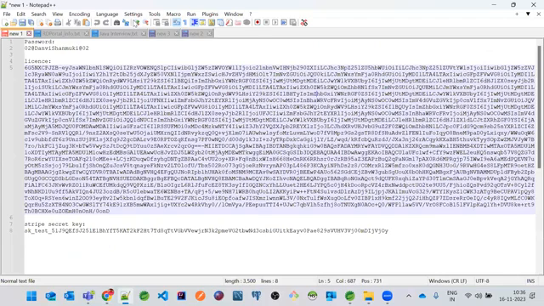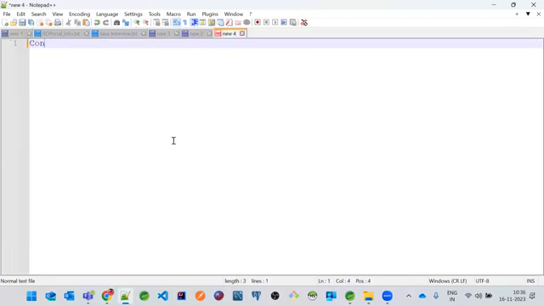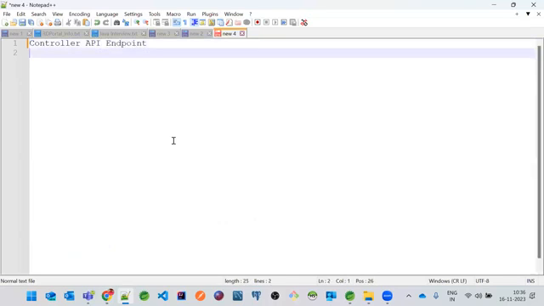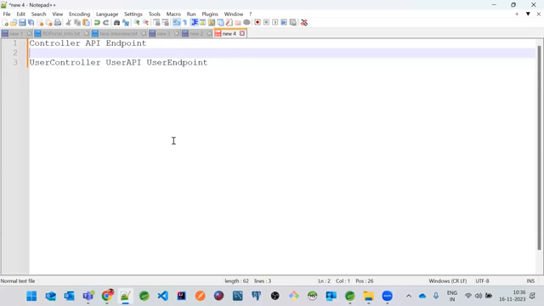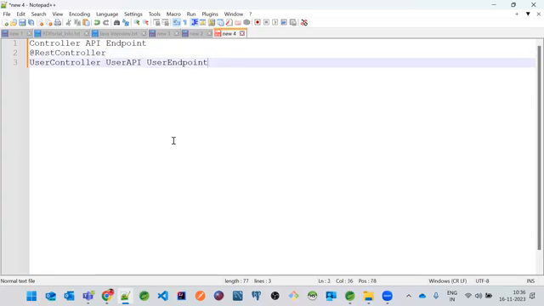If you have a controller endpoint, we call it a controller, or an API, or an endpoint. We can use UserController as a name, or UserAPI, or UserEndpoint as our class name. These are the different naming conventions of a class. For these controller endpoints, which have @RequestMapping, we need to use the @RestController annotation only. No other annotations will work. Got it?